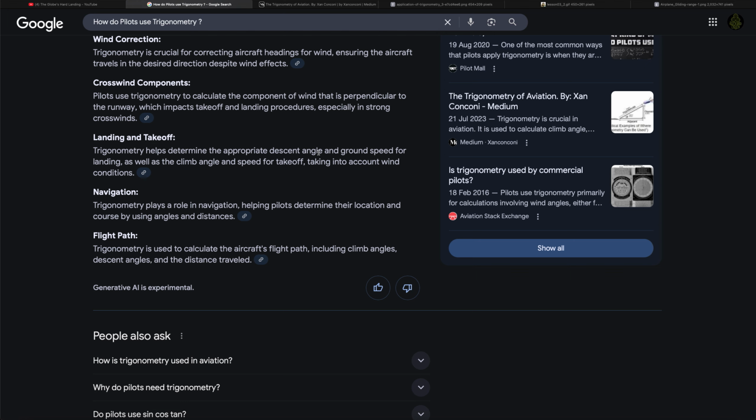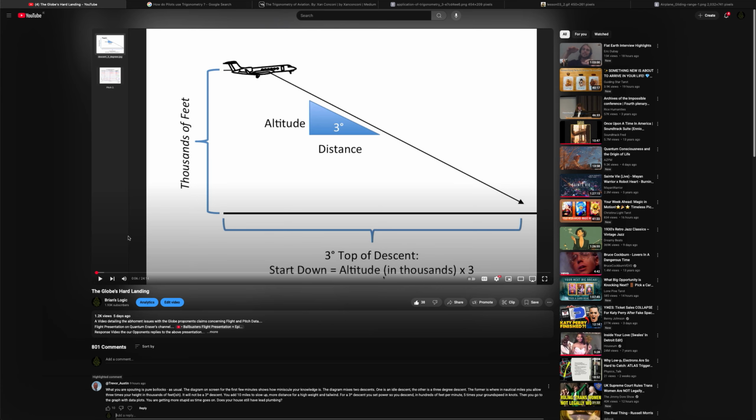Right? Descent angle. The very thing that this claimed pilot here, or retired pilot, whatever he is, claims I'm talking total bollocks about. No, there's no bullshit here. There's no rubbish here. That's exactly what it is. I'm claiming they use trigonometry. I'm claiming that, obviously, because they're using trigonometry, they have to deal with a horizontal plane. What I'm claiming is true. End of story. Anyone can check it out.